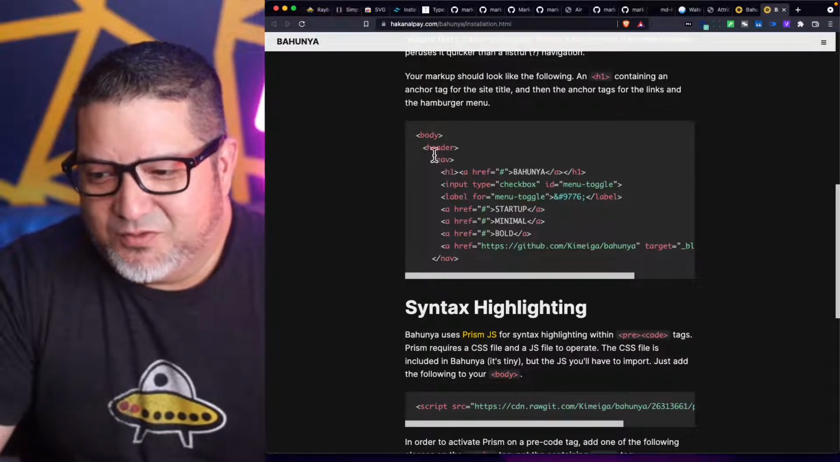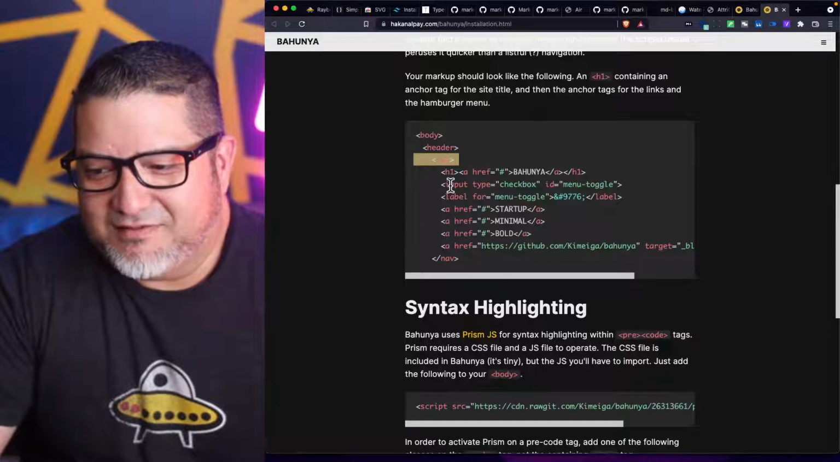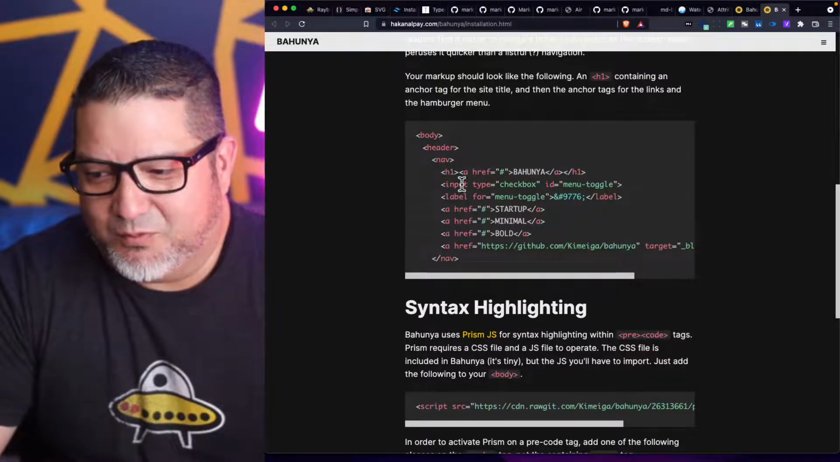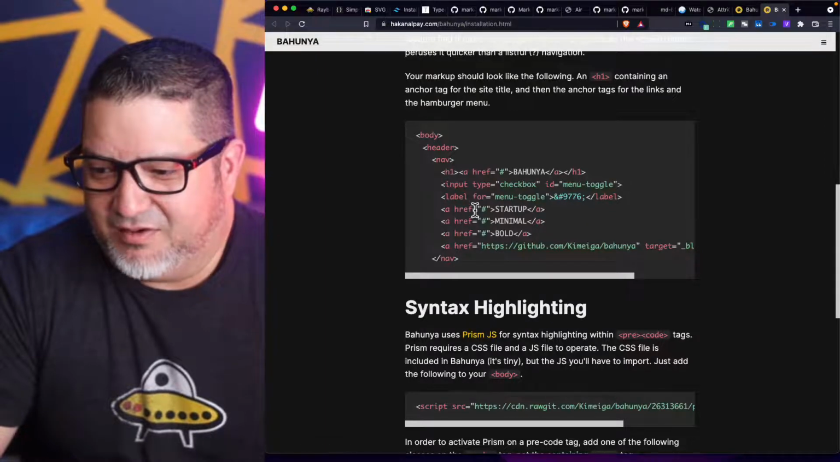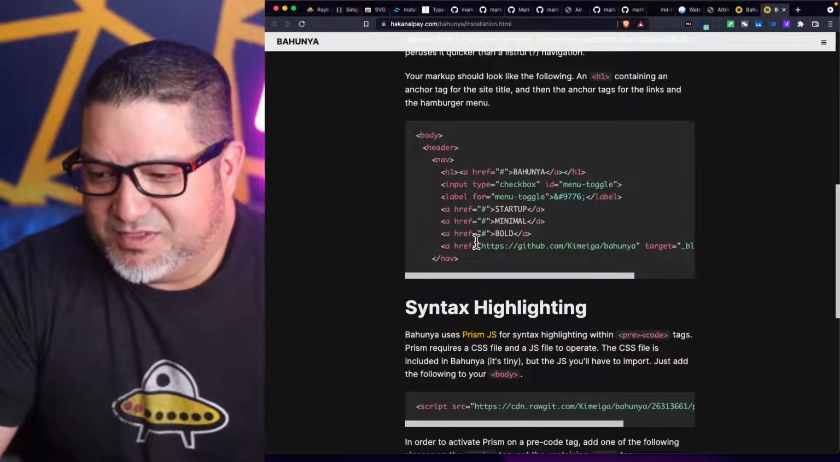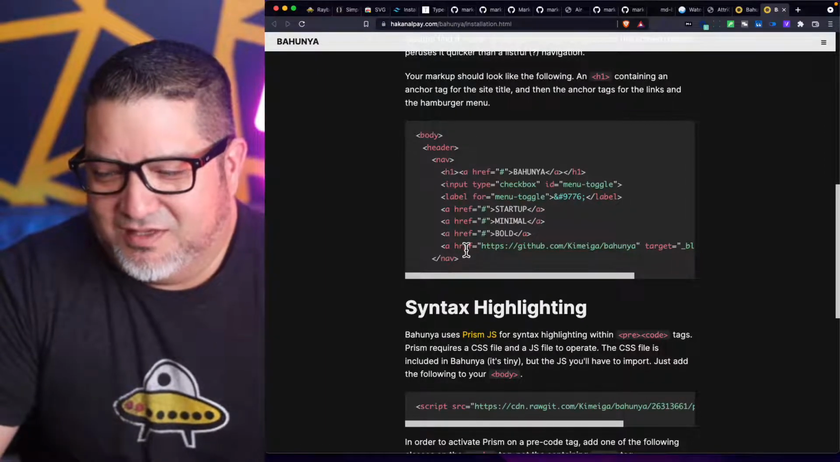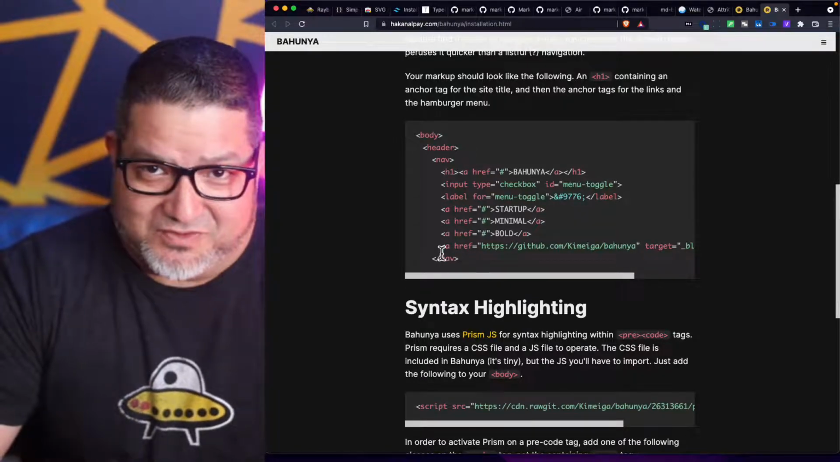Notice that to create the navigation, you do a nav tag, then you do an h1 with a link if you want, some sort of branding like this right here. And then you just do a bunch of links, right? So you don't have to, if you compare that to what you do in Bootstrap to do a navigation